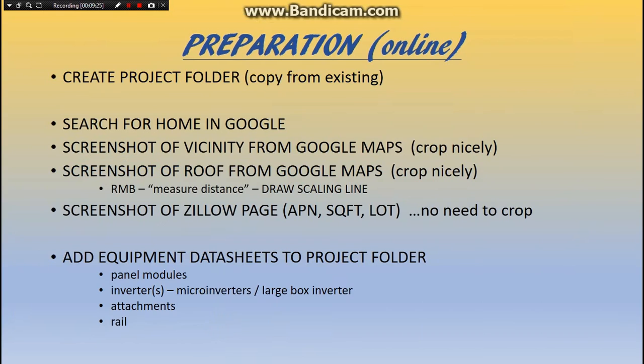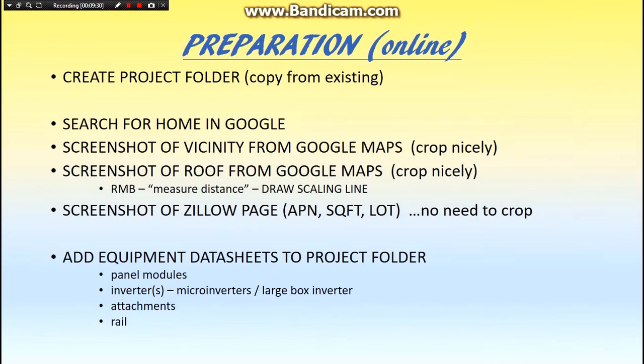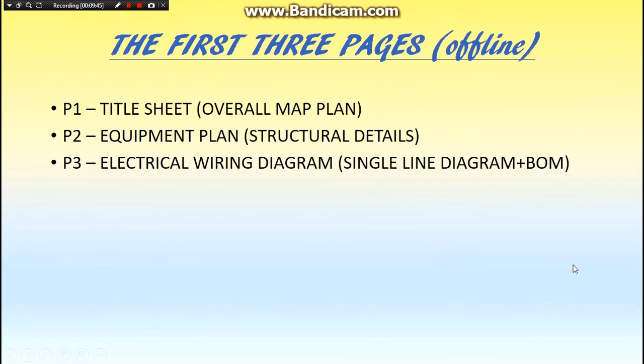That's the checklist. I showed you how to prepare your folder, the project folder, the client folder. Search for the home in Google. Take all of your screenshots of the vicinity, the roof, and the public information. I showed you how to add all of your data sheets to the project folder that you might need in JPEG form. And then we got into the pages. We could turn off our internet completely and just complete all the pages. Change all of the information on page 1, 2,